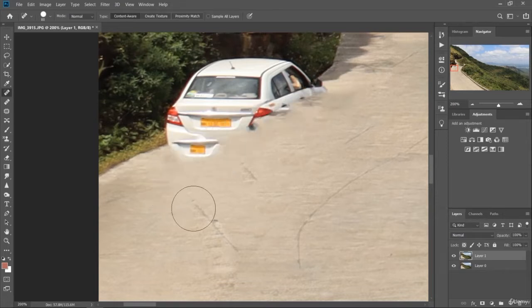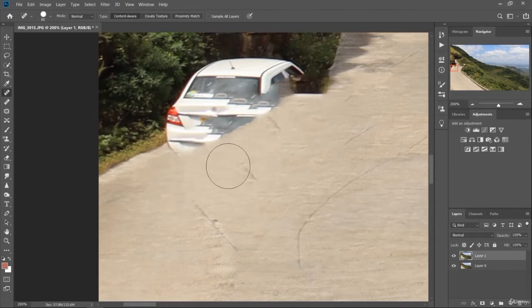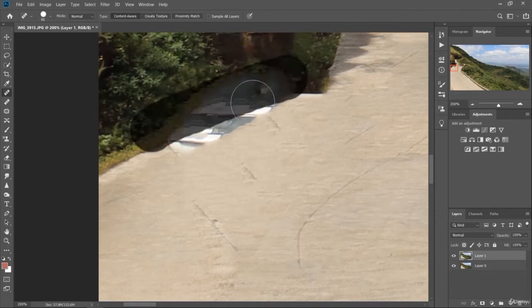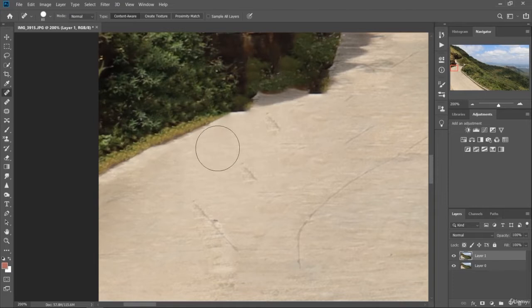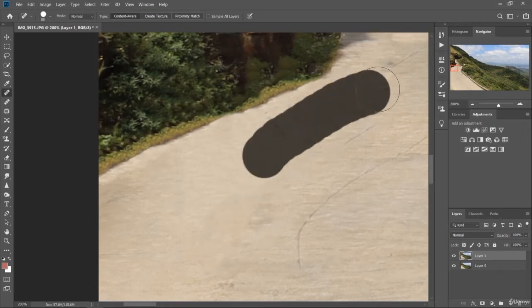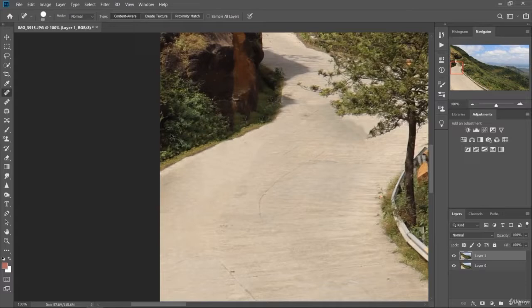And if you're not satisfied, you can always undo the changes. Control plus Z would be better if you want to move one step backwards. And here, over time when you apply it, it gets the image of the ground. So here it is, we have almost clearly removed, and you can see these cars are clearly